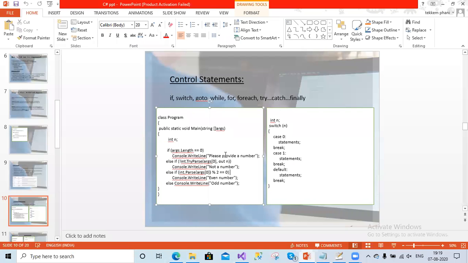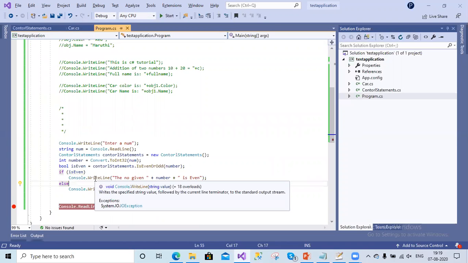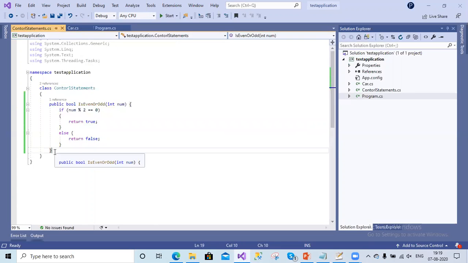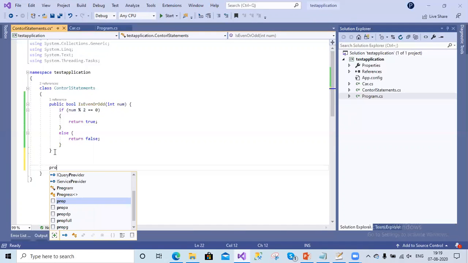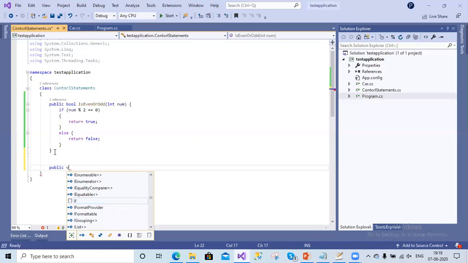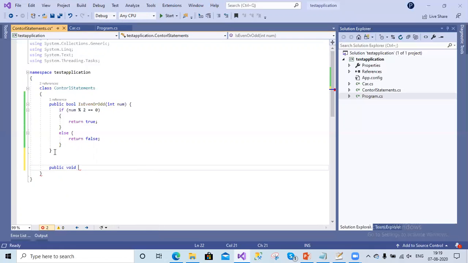Let's go for the next statement, which is the switch condition. Let's write one more method for this. Public void, let's say, CheckNumber. Any example will do to show some switch condition.